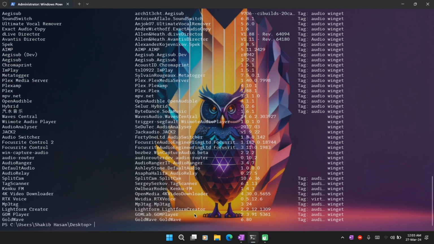If you want to install that, you can type winget, then install, then suppose I want to install GOM Player, then we can copy this and enter. Let's say I'm going to install winget search